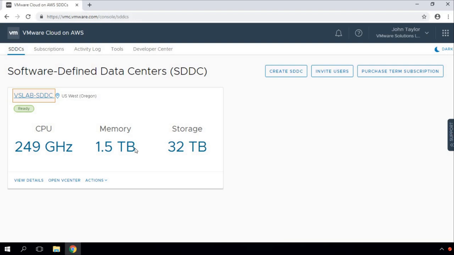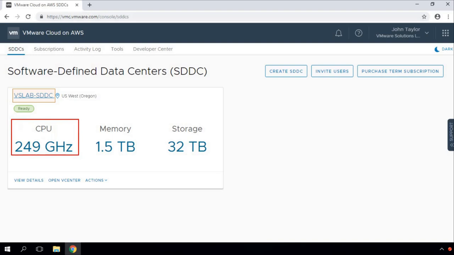Now let's go and understand this SDDC portal. You do see that this is the name of our SDDC, vslab-sddc. Now in which region it has been deployed, it's rightly mentioned here, it's the Oregon region where the SDDC has been deployed. Now one of the very important things about the SDDC is the status. It shows us the status as ready, which means that our SDDC is successfully deployed and it does not have any issues during deployment. So it's pretty good to host our workloads.